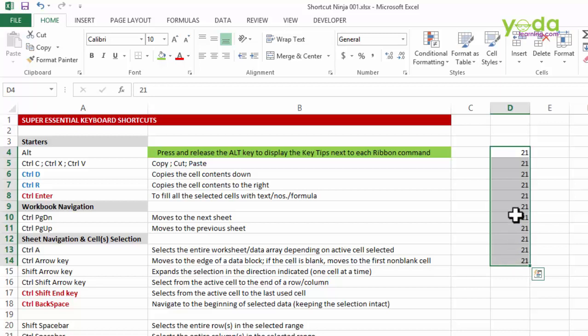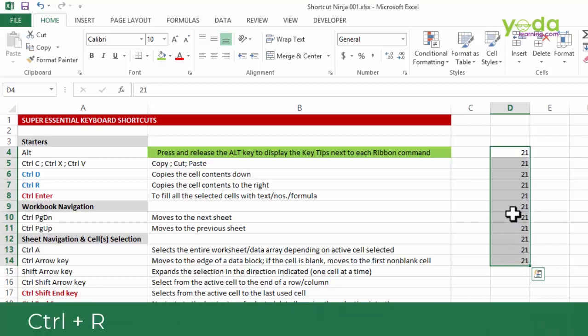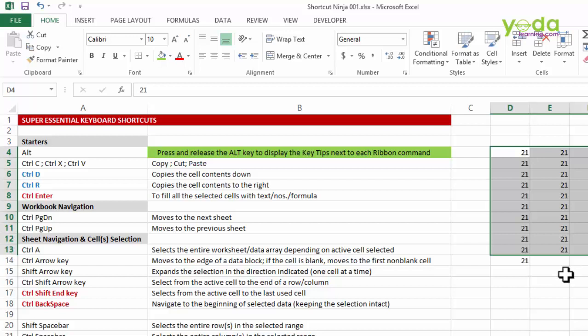Now, similar to this is what we call Control R. It copy pastes the data automatically to the right hand side. So if I choose all the data from this particular selection, I choose the selection towards the right. If I press Control R, notice what happens. Yes. So the key point here is you must choose the cell which you want to copy paste. So at times, if you want to save time, instead of doing Control C, Control V, you might as well use Control D and Control R.